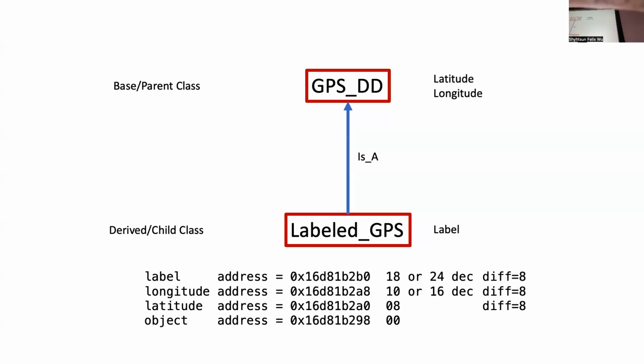And the same between latitude and longitude, you see that the difference is also 8. That means from A0, A1, all the way to A7, those 8 byte are for us to store the latitude, all right? And then, of course, starting from B0 to whatever the next bytes, those are being stored to represent the label as well.